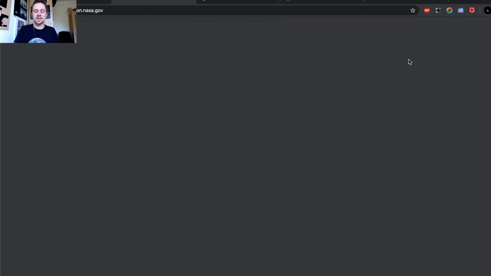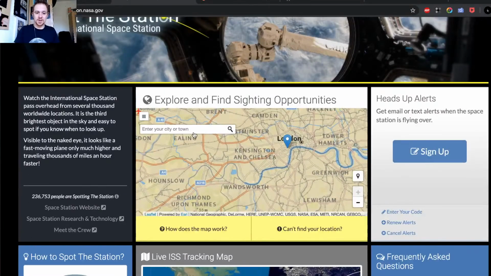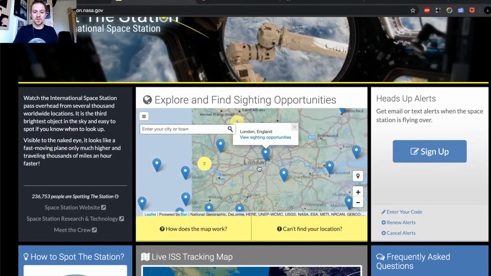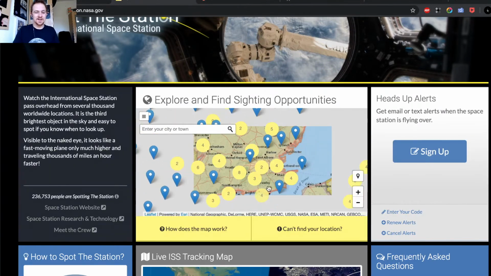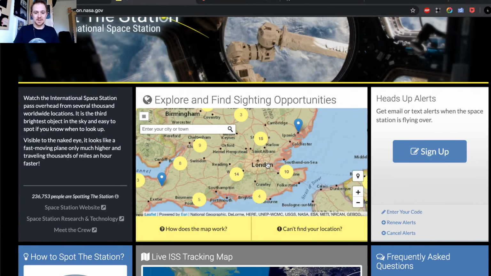So Spot the Station is basically another website. Same thing happens: when you land on the page, you start with this map area, and then if I click, let's say this is Central London, you will see if I zoom out, it will give... It's a little bit weird the first time you use it, but this is how it is.